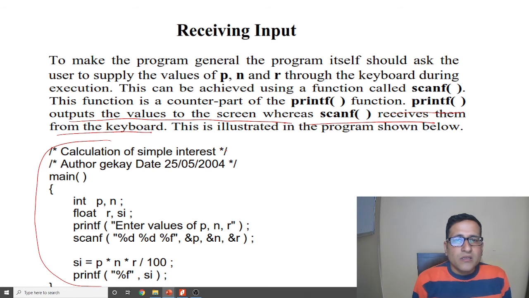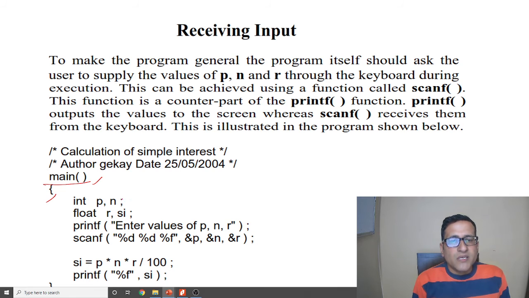Here, this is the commenting part. This is the main function. This is the starting braces. This is the variable declaration. This is the comment section.